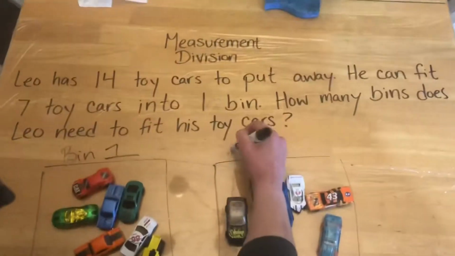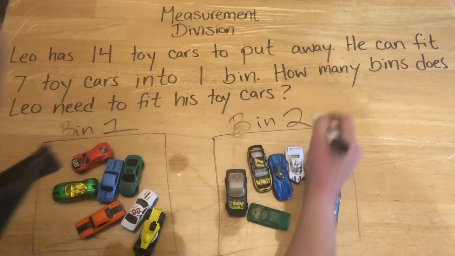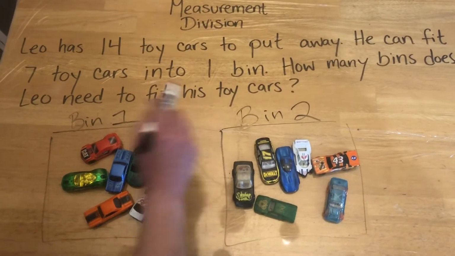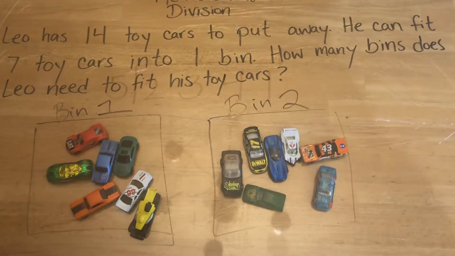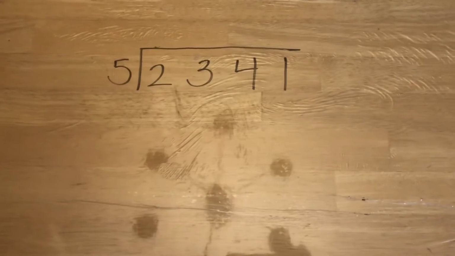And we know from the problem that that completes it. So all 14 cars can fit into 2 bins. So our answer for this measurement division problem is 2. Now we're going to do a longer division problem. We're doing